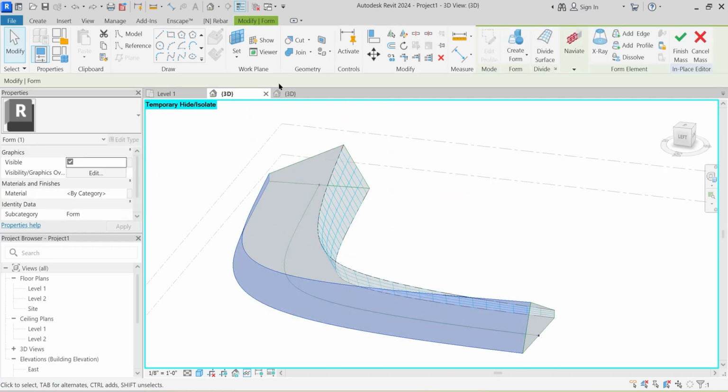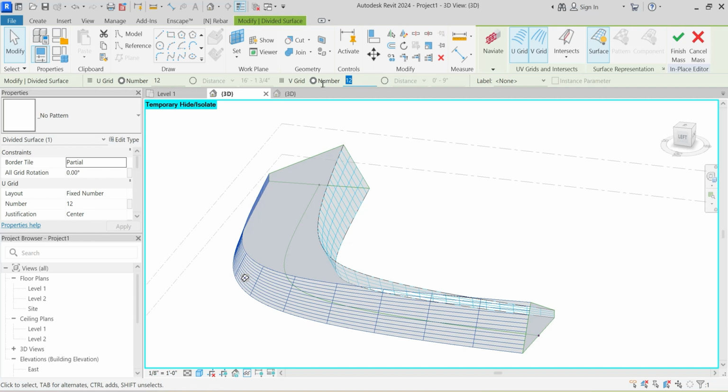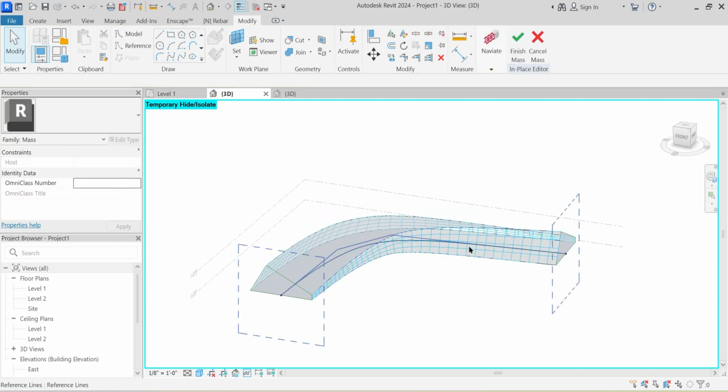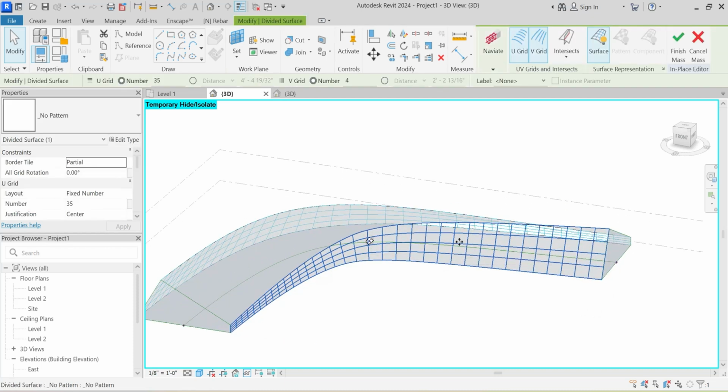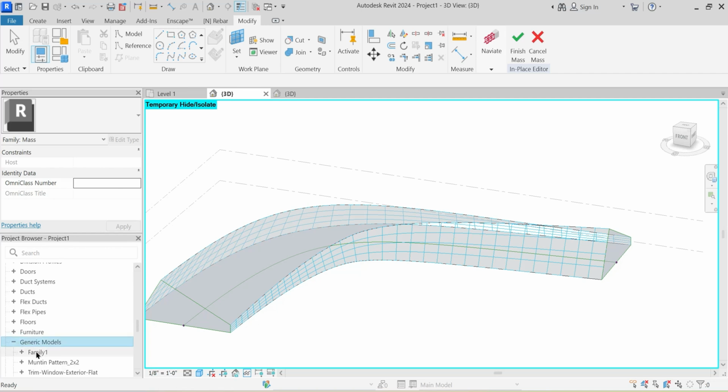I will again select this surface and say divide surface, and the vertical grid should be 4 of them and the U grid should be 35, same digits. And herein onto this we are going to apply a pattern based family. So let me just drop down the family section and generic models. Where are the generic models? Yeah, fine. And this family 1, I'll just rename it,